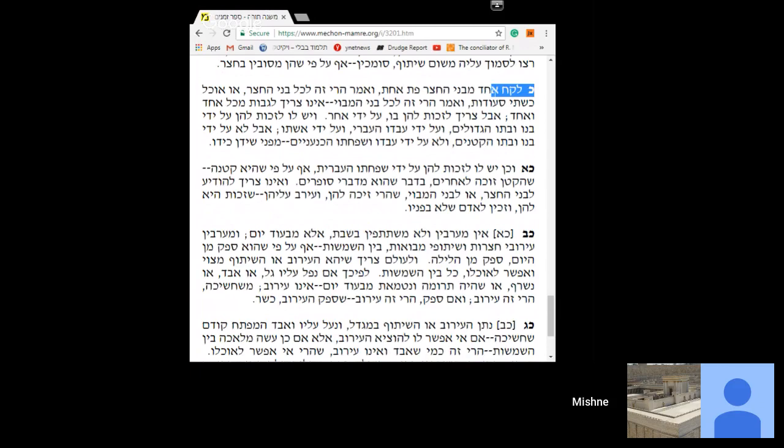If one of the residents of the haser, or one of the residents of the mavoy, decided to take upon himself, he took one piece of bread and he said this is on behalf of all of the residents of the haser, or he took the amount of 2 meals of food, and he said, this is on behalf of all the residents of the mavoy, this is valid, and food does not need to be collected from the rest of the residents of the haser or the mavoy. Aval,